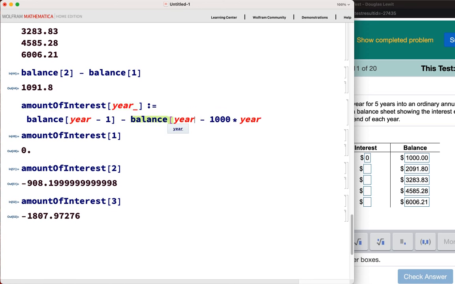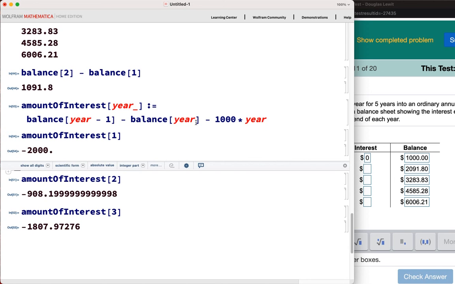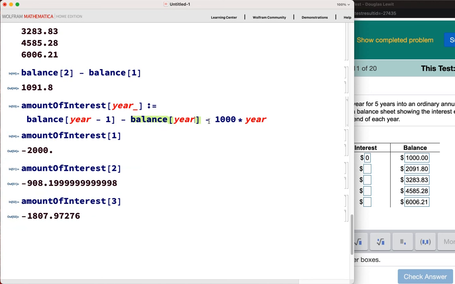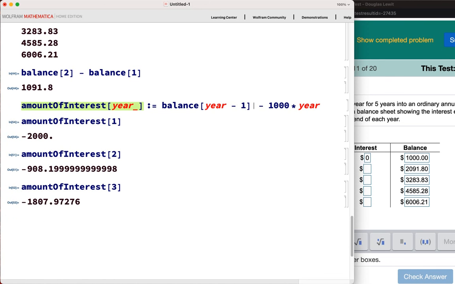Minus balance year. Okay, I'm pretty sure. Let me see. Hold on one second. So let me test this. Okay, now it's really screwed up. Hold on one second. Let me go back. We'll have the right formula in just a moment. Sorry about this. Okay, so we're going to do